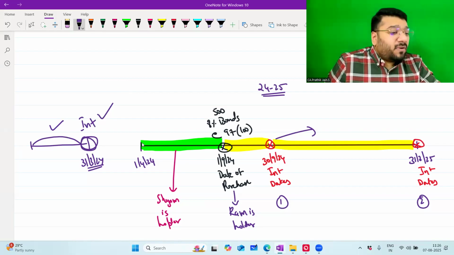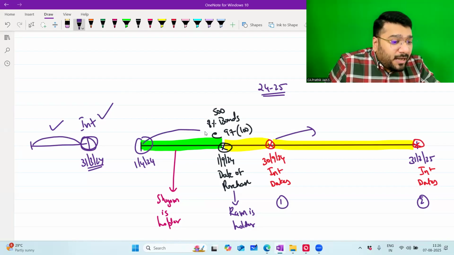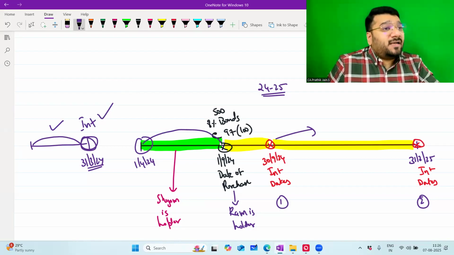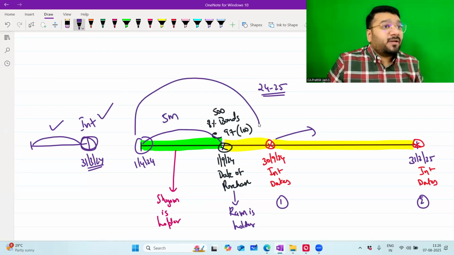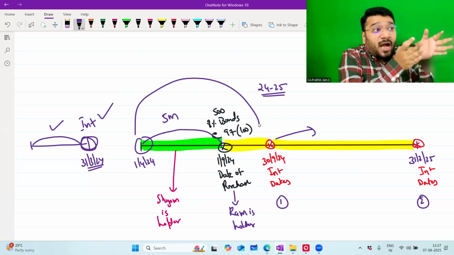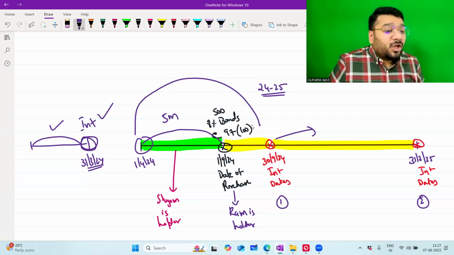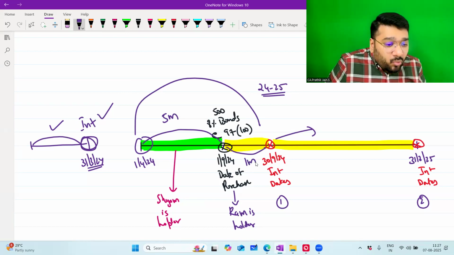In the current year, from 1/4/24 up to 1/9/24, Sham has invested this money in that company for how many months? 5 months. That is from 1/4/24 to 30 September. In the 6-month period, what is Sham's holding period? 5 months. You have been holding for 1 month. So on 30 September 24,